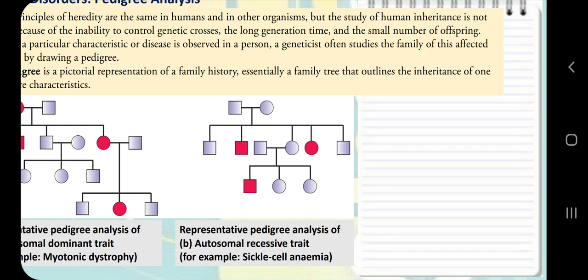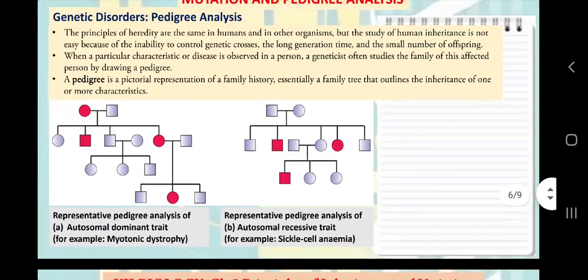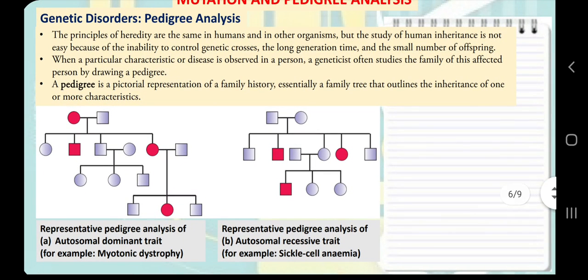But if any female has the hemophilia gene, she may or may not show the phenotype. So females can be carriers, males cannot be carriers. This is how interesting the pattern of X-linked inheritance is. So we can see some weird patterns in X-linked and Y-linked inheritance. These characters are called sex-linked characters.